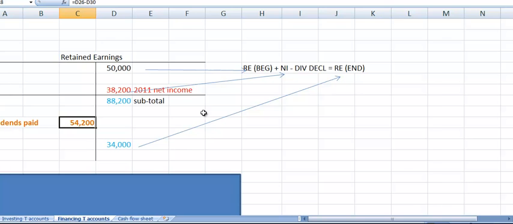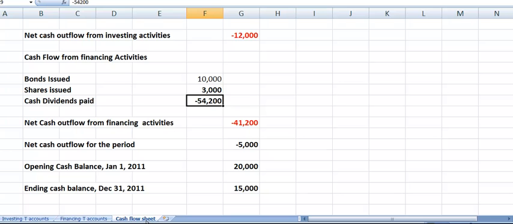So you might be thinking, well, how do we know that was actually dividends paid? Because this is just dividends declared. They could have been declared and paid at a later date, but that's not the case in our question, because nowhere in the liability section does it indicate that we have a dividends payable. And dividends payable would have prominently been shown on the balance sheet. So because we don't see dividends payable in the liability section, we know that everything that was declared was actually paid during the year. So if we now go to our cash flow, we know that that's a drawdown on